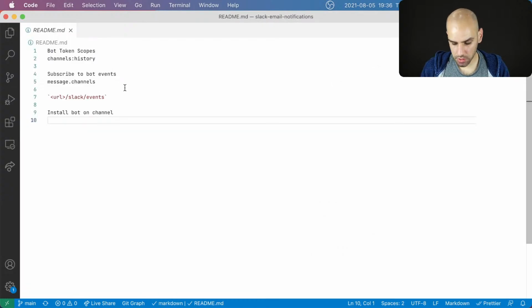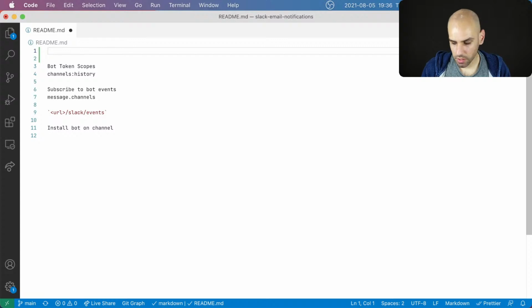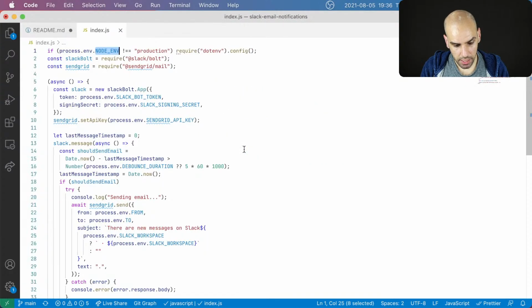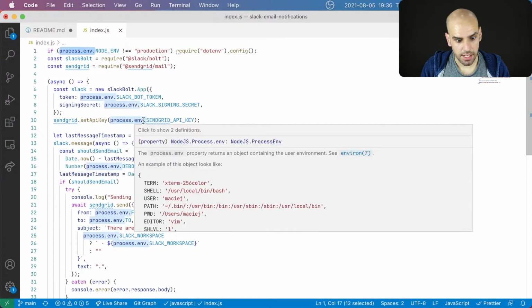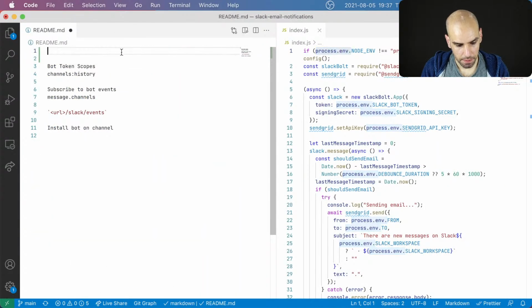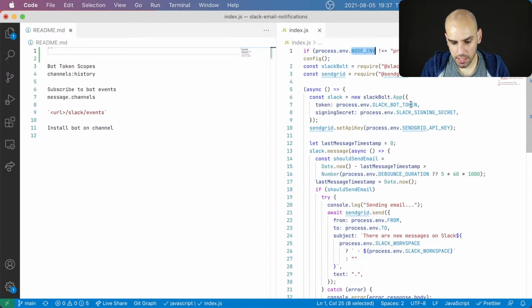The first thing that I want to have, I have some notes here, but the first thing I want to have in the docs are the environment variables that you need to set. So what I can do is come to my index file, and anywhere where I say process.env, I will take note. So NODE_ENV is a standard thing.